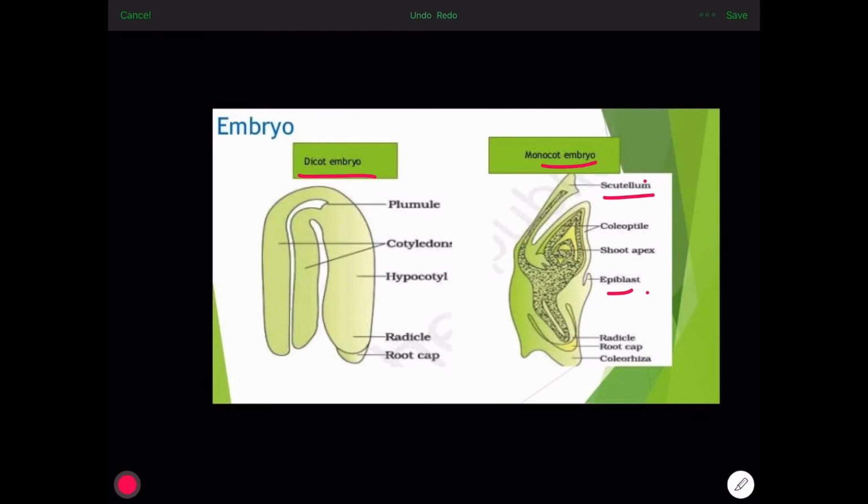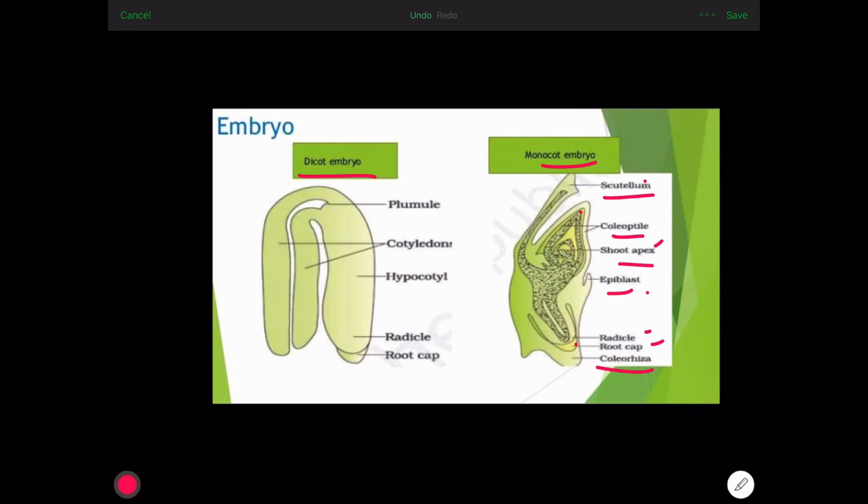Then this is embryo axis. This entire is embryo axis. At its tip is present shoot apex or plumule. On the other end is present radicle covered by root cap. Now there is another special feature of monocot embryo. Plumule or shoot apex is covered by green leafy foliar sheaths which protect it. These sheaths are hollow at the tip through which plumule can grow. And the radicle is covered by root cap. It is also covered by another undifferentiated sheath known as coleorhiza.